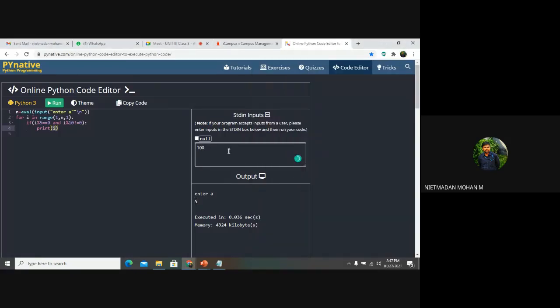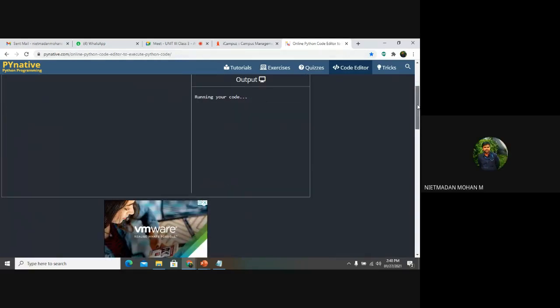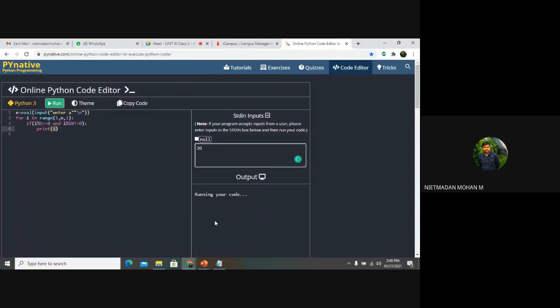So if suppose I am giving the value as 20, then what will be my output? 5 and 15. Yes, the 5 and 15 will be my output.